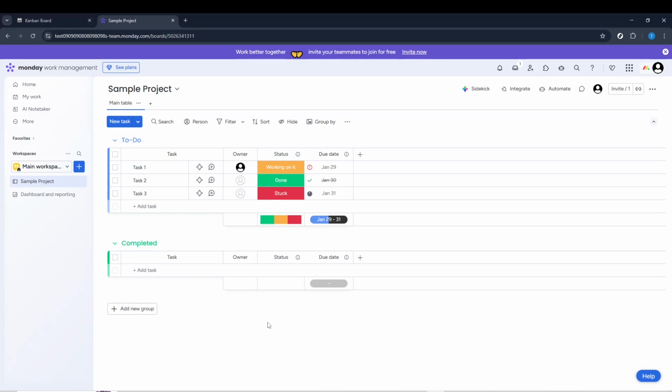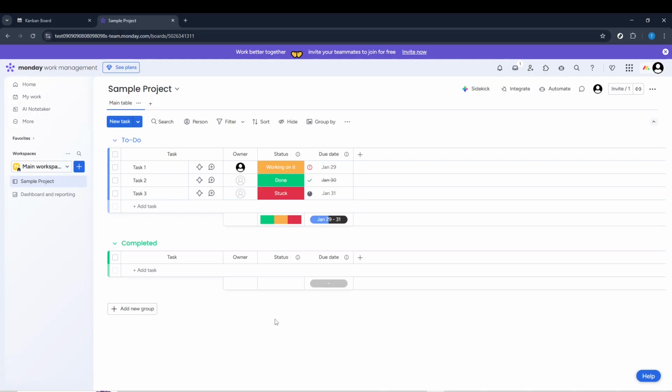In today's video, I'm going to teach you how to integrate Monday.com with Notion. Whether you're an experienced user or just getting started, following along will help you seamlessly connect these two powerful productivity tools, making your workflow smoother and more efficient. By the end of this tutorial, you'll be able to access your Notion documents directly within Monday.com, combining the strengths